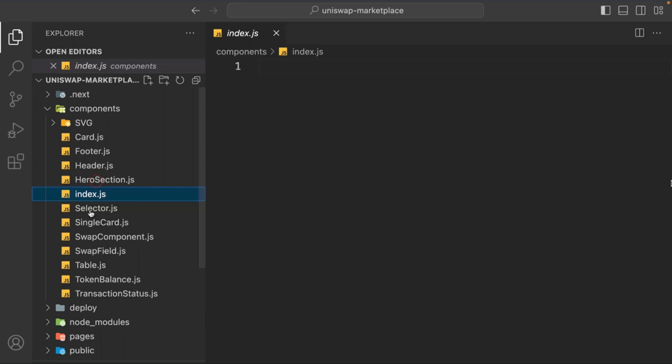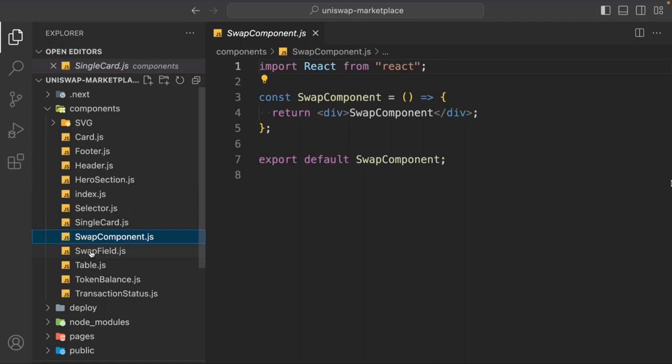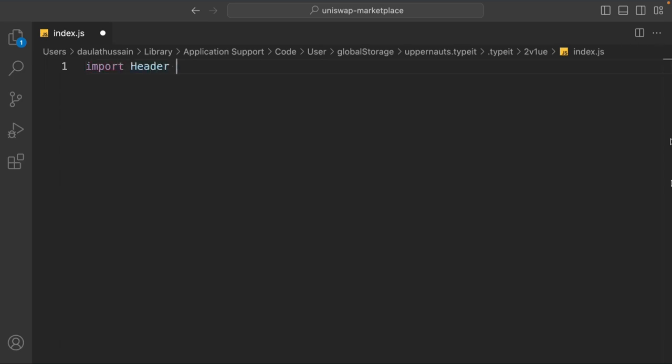So we can simply call it wherever we want in our application, in whatever page we want to call it. So let's import the component. All of these components we have to import, including the icons. So come back here. We'll say import header, that's coming from the same directory. Then we have to import footer,